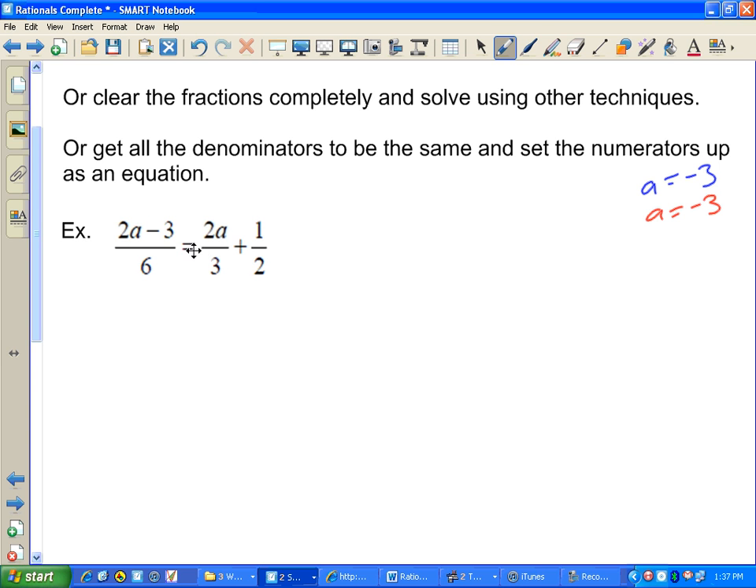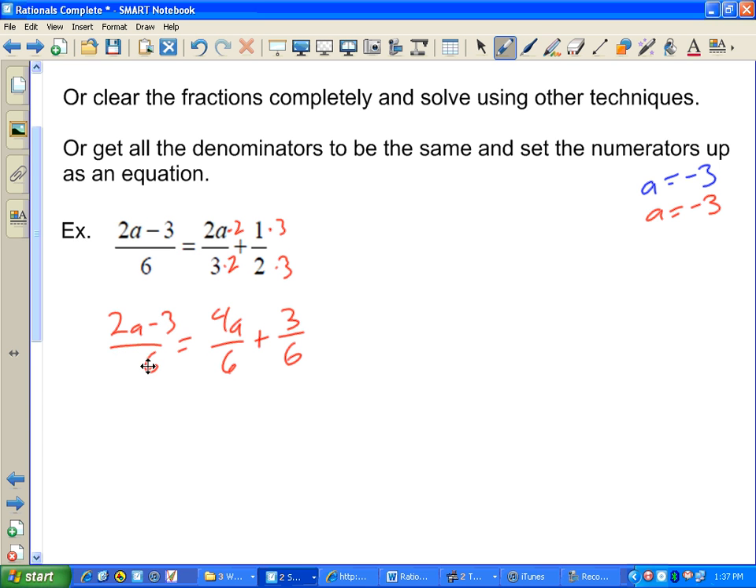Okay, so if I want all the denominators to be the same, it looks like I'm going to want them to all be 6. So this is kind of similar to the first way we went. So I'm going to multiply this by 2, 2, 3, and 3. So I'm going to have (2a minus 3) over 6 equals 4a over 6 plus 3 over 6. Well, now that we've got all the same denominators,